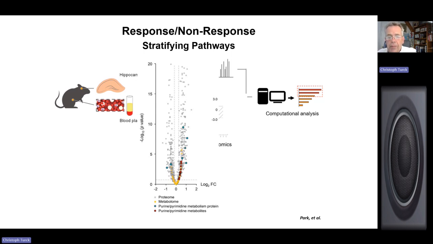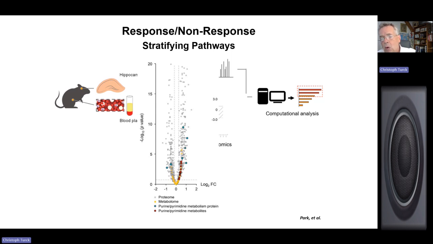So anyway, in this case, we took the hippocampi of these mice. Hippocampus is involved in depression. That's been known in patients and also in mice. Then my student at the time, Dong-Ek Park, did extensive proteomics and metabolomics. To make a long story short, he found again a lot of up or down regulated protein expression. Whatever you see highlighted here with colors, these are results from proteomics and metabolomics.